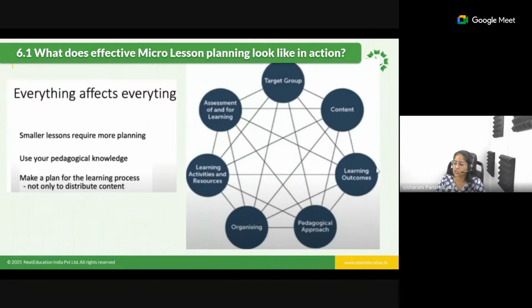As I said initially, this is the first one that you need to set. When I say first is the content, in that content you need to be clear with the learning outcomes or learning objectives. The next one, you should be clear with the target group, that is age appropriateness. And then, what pedagogy are you using? Is it an inquiry based, inductive, deductive, or constructive approach, or a problem solving approach?